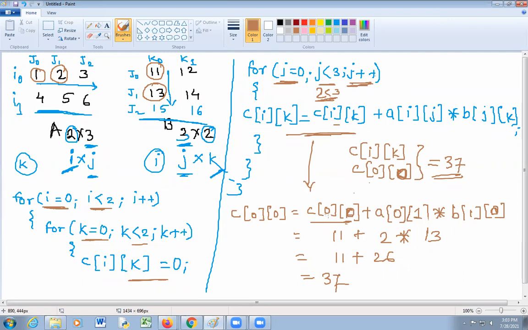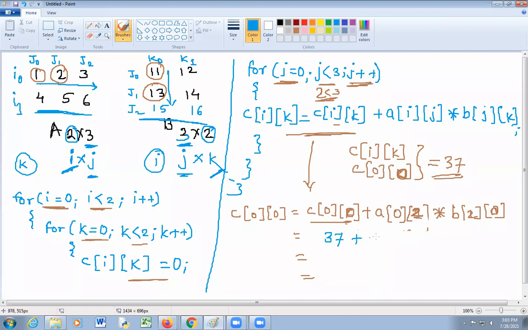Now in this statement, c of 0 0, that is ik, plus a of ij, value of i is 0, value of j is 2, into b of jk, value of j is again 2, value of k is 0. So here put the value of c of 0 0, recent value is 37.